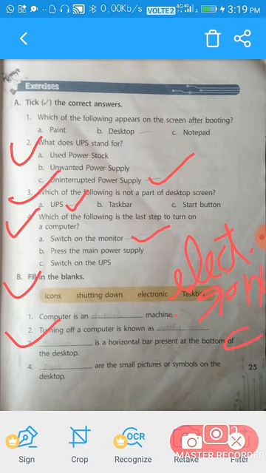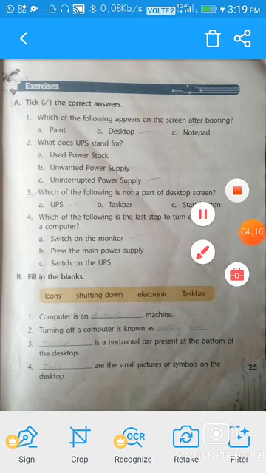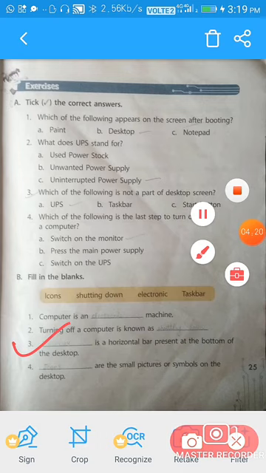Now second is, turning off a computer is known as shutting down.